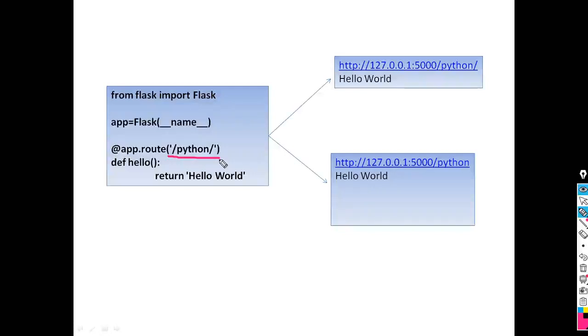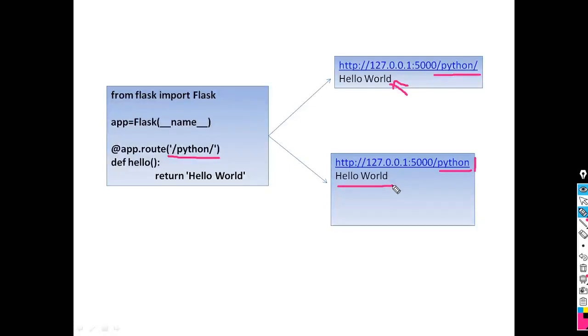Then how will it execute? When we write /python/, it returns hello world. And when we write only /python without the right slash, it again gives hello world.